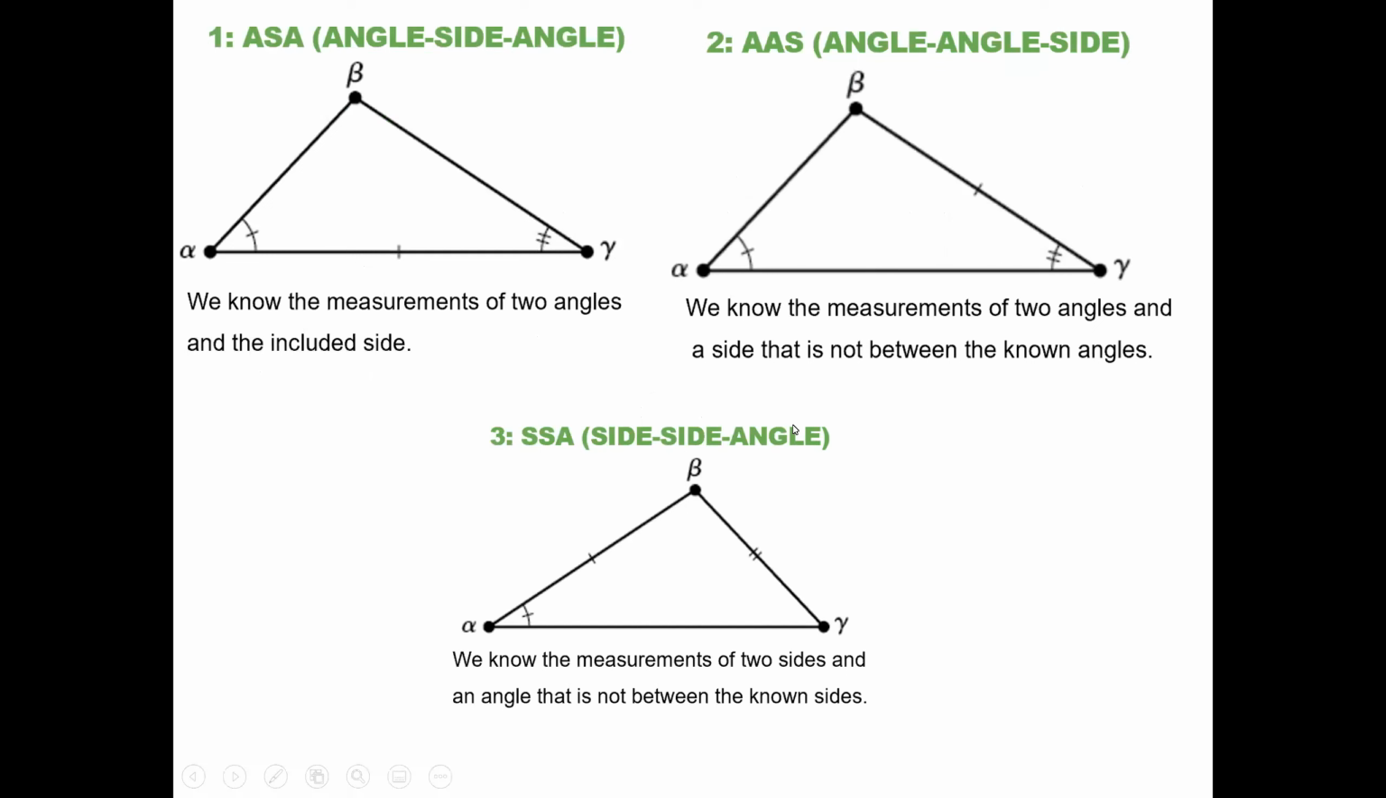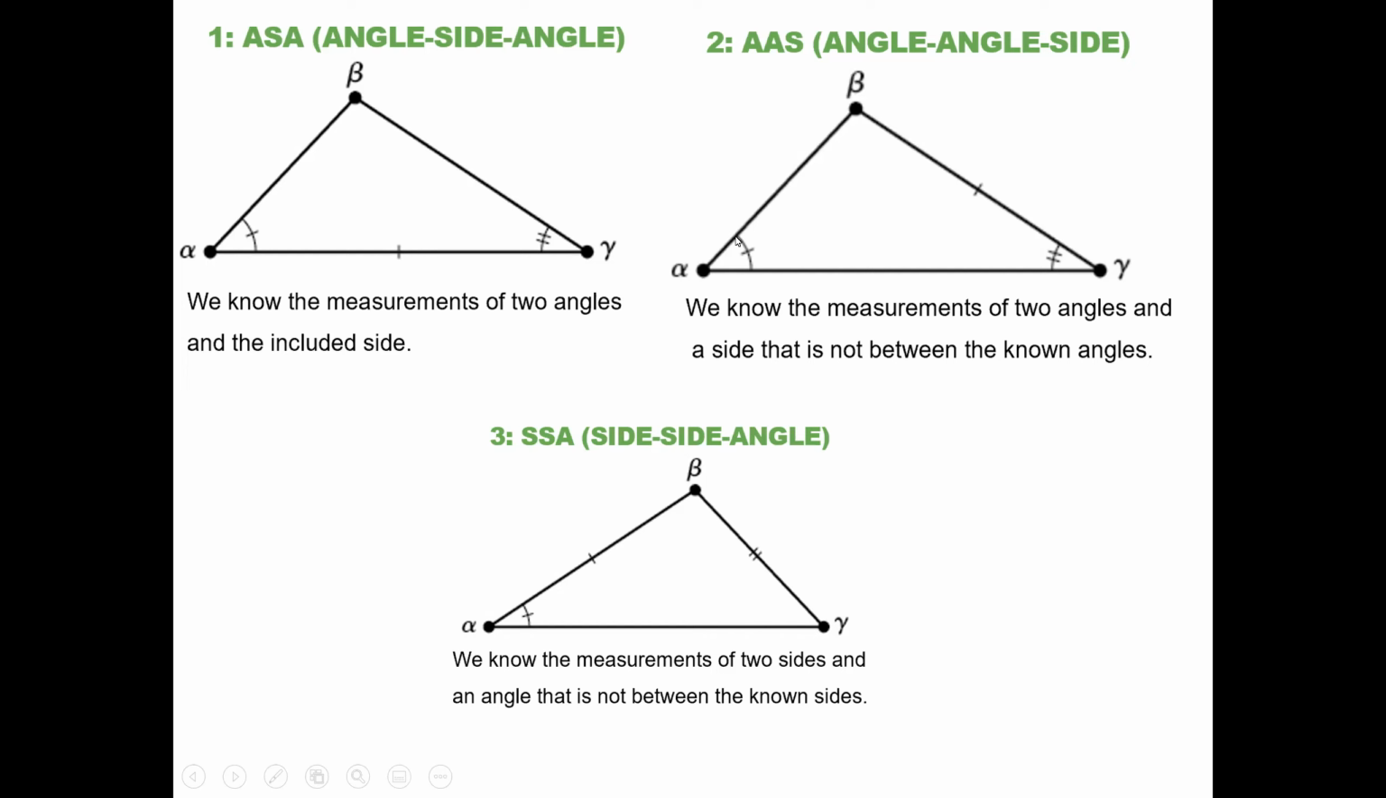Okay, so here are our possibilities. First, we know a side and 2 angles, and the side is enclosed between those angles. Now that will be situation number 1. It's called angle side angle, ASA for short, right here. And then situation number 2,